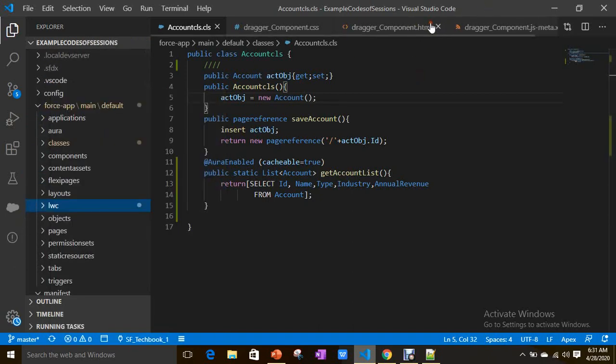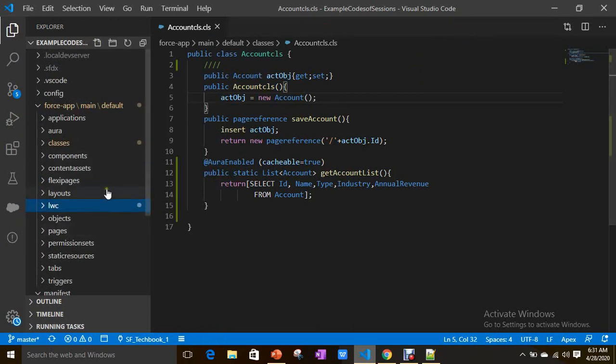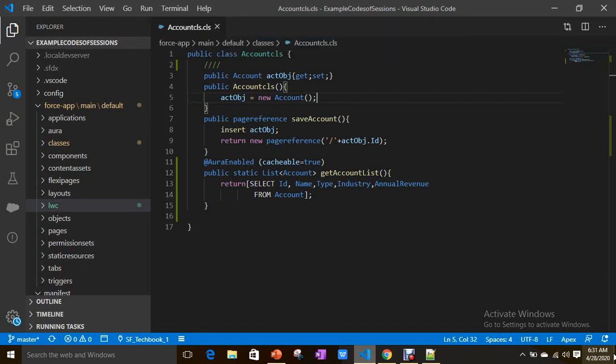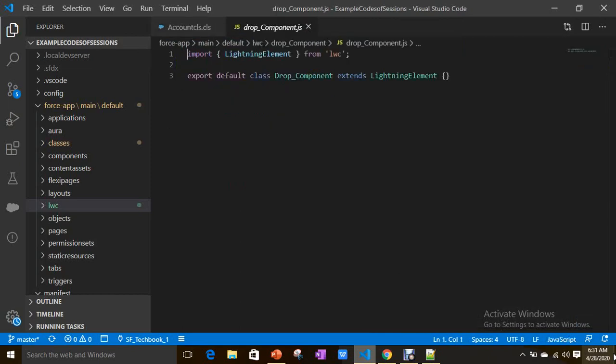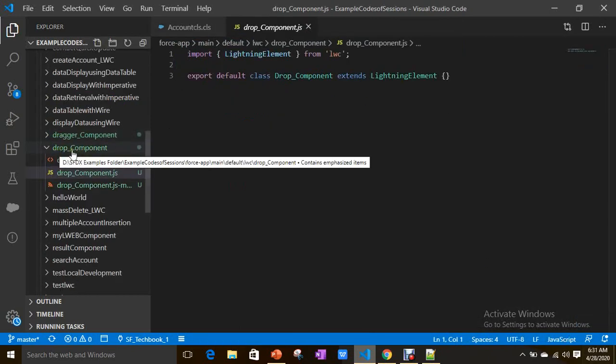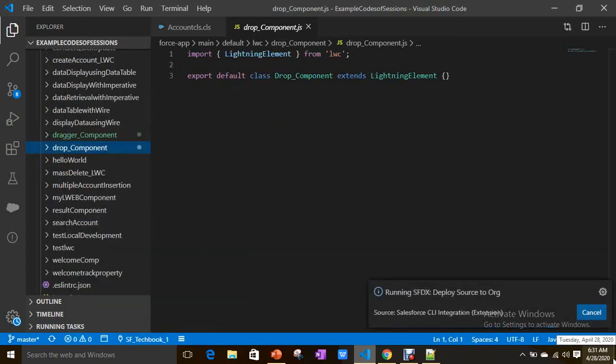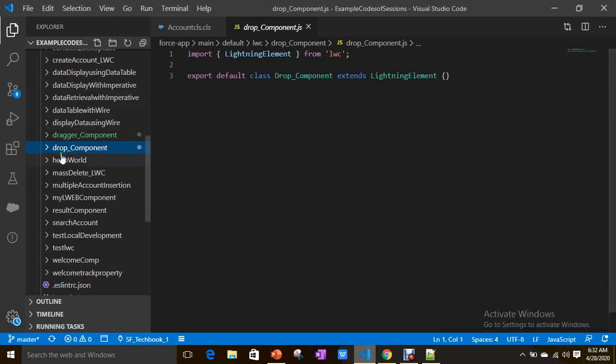Simply close this dragger component for now. Create a drop component. Now I have the drop component. Let's save this. I successfully saved.